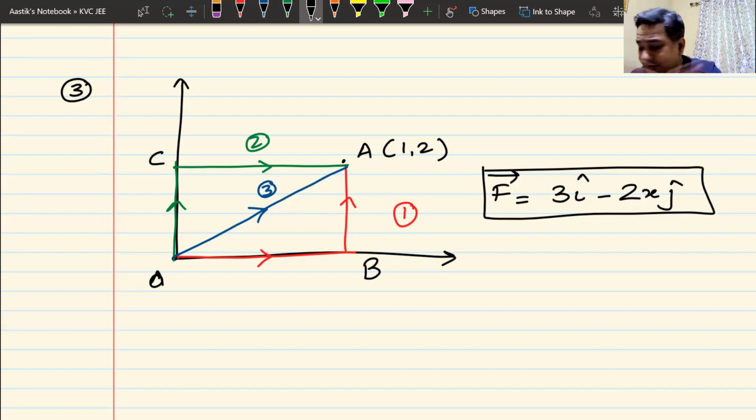We have to calculate the integral in 3 different parts. Part number 1, the red one. Part number 2, the green one. Part number 3, the blue one. I hope that you will try this question at home and tell me how it is done. I know that you probably don't have access to mobile phones, but I hope that you can solve this question and give me solutions in the next class.